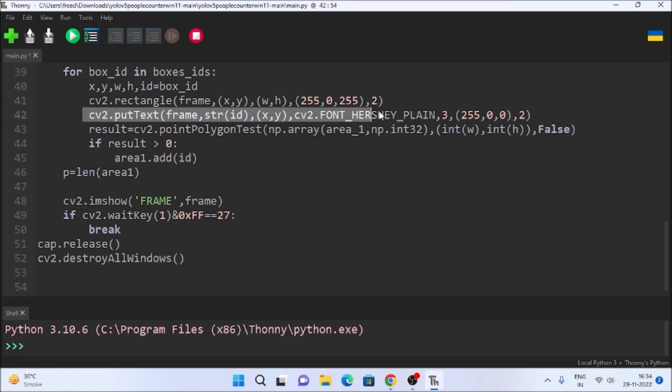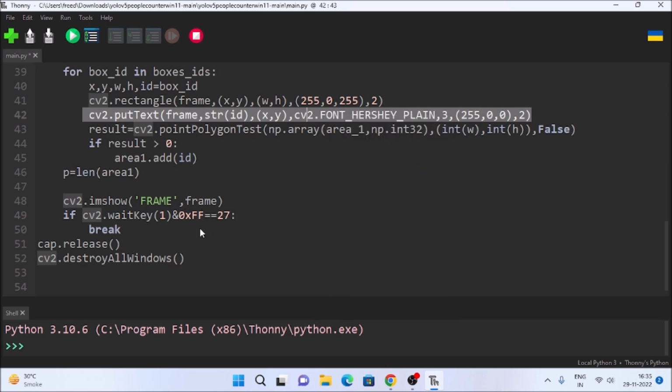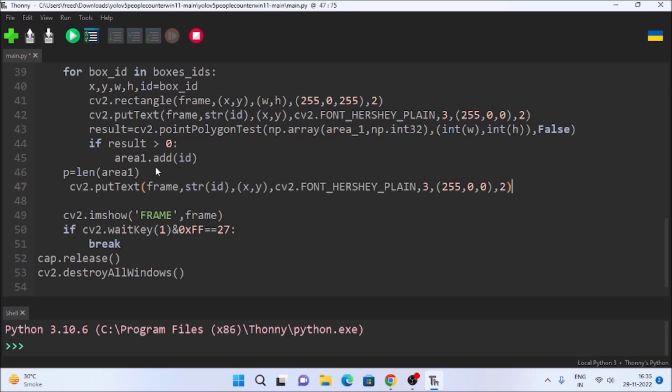So just copy this method, and here it is, our area variable, cv2.putText, and this id will become P. We have to make it inline, and then where we want to put the text, we want to put the text on the frame, with coordinates, let's say 20 for x and 30 for y. Simple. And if I save the code and run the code,